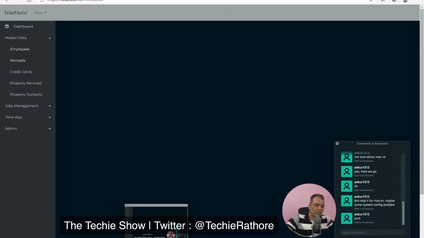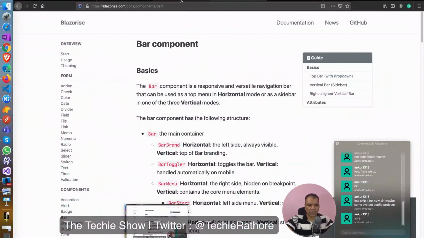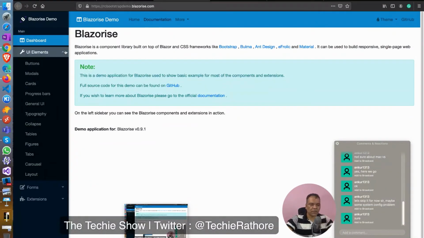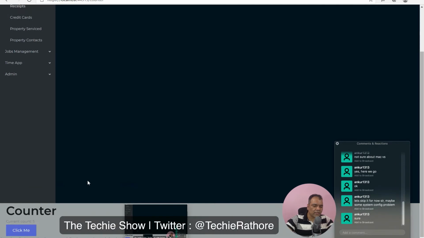Ideally it will appear like this sample of Blazorise, but with different colors, of course, because I'm using different CSS. As I was saying, I can use this common component. If you see here, this counter is there.